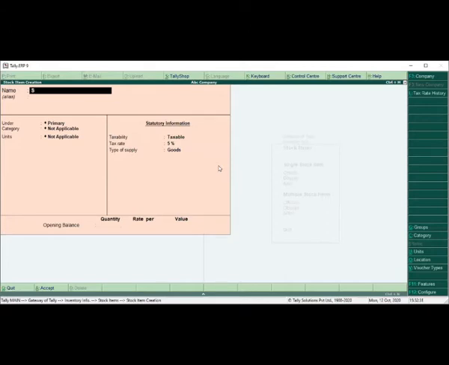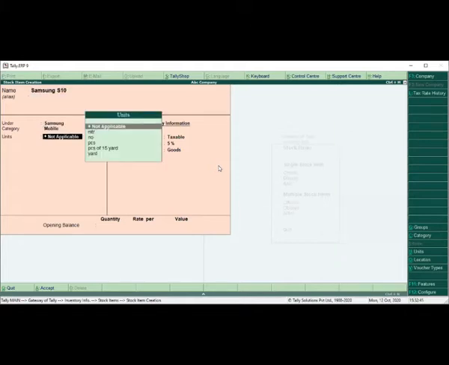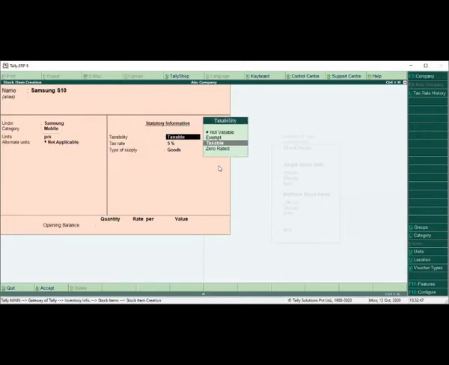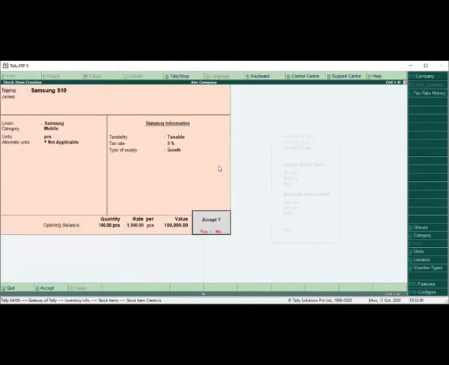Now we'll create Samsung S10. To come under Samsung, category mobile and pieces. Let's see, I'll give the opening balance quantity here, which is 100, and location, if you have location you can create one, and 100 at a rate of 1000 per piece.